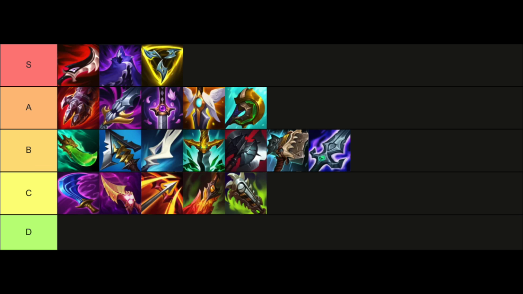Moving on to Bruiser and Assassin items. So these are the AD items that are not crit. In the S tier, we have Trinity Force and the two broken lethality items, which is Edge of Night with the nice little shield, HP, and damage that it gives you, and of course Duskblade with the insane damage that you get from it. In A tier,